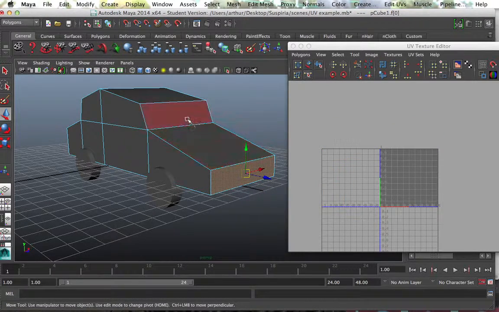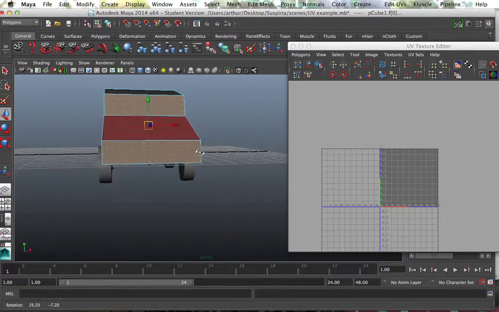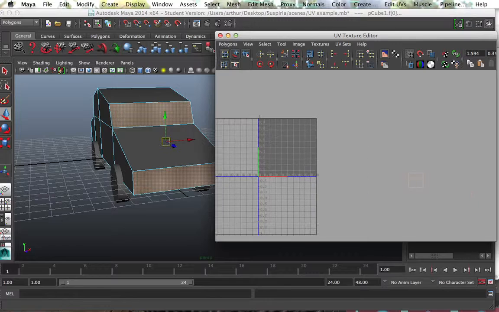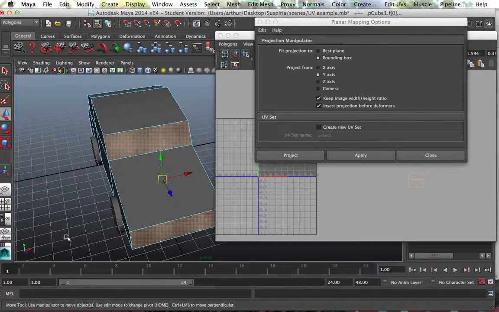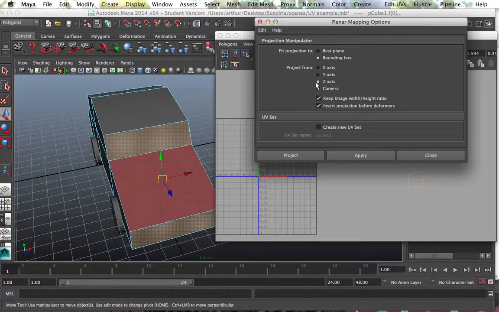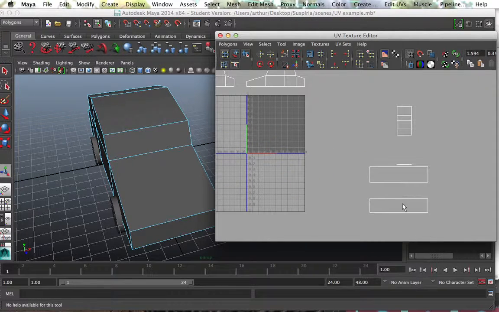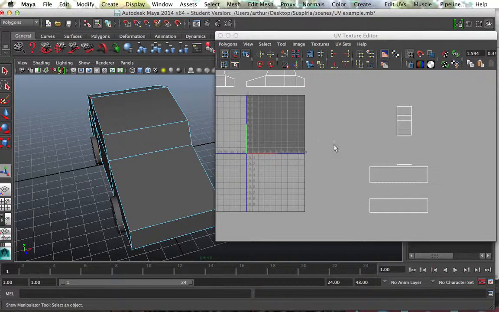Okay, so I'll do the front, and for the front, I'll have the front of the car and the windscreen. I'll go create planar mapping. In this case, it'll be the Z-axis. That is the correct orientation. Apply, and there's the front section. There's the car and the windscreen section. And the last section, I think,